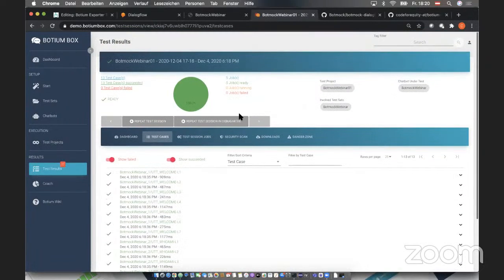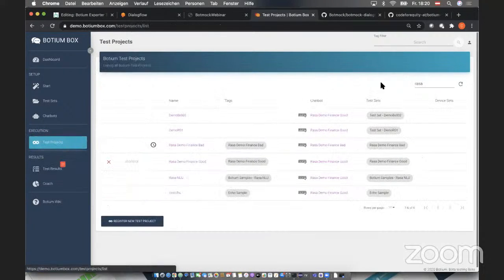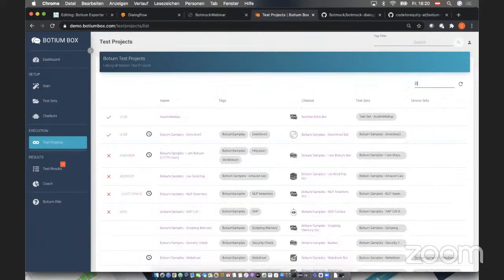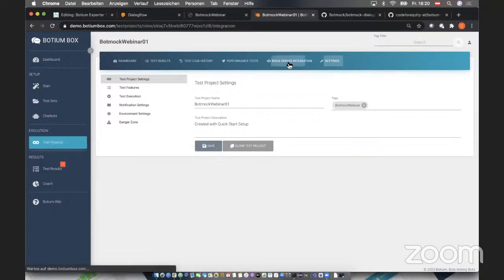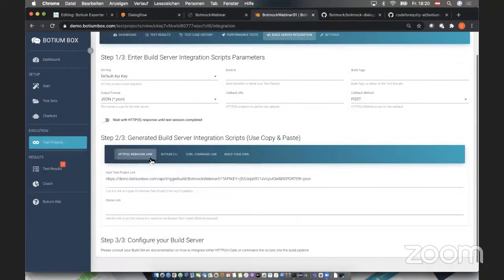It's getting even cooler, because remember when I went through our quick start, I had the toggle to create CI/CD pipeline integration on. So when I go now to test projects and search for the newly created Botmock webinar 01, and I go to our build server integration tab, then you can see here that Botium Box automatically generated a webhook for this whole project. Meaning that after these 5 minutes of exporting your Botmock project and importing it here into Botium Box, we have an entire test set